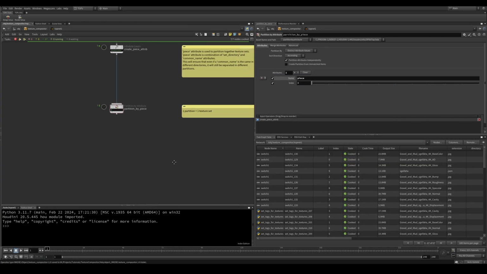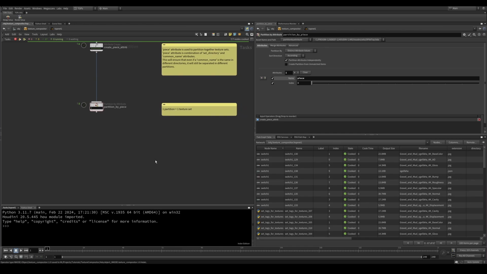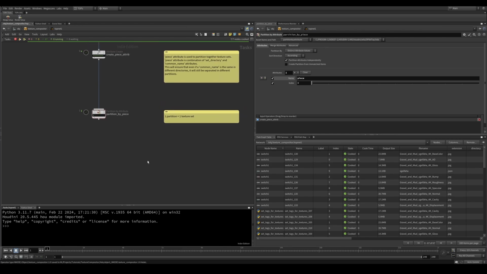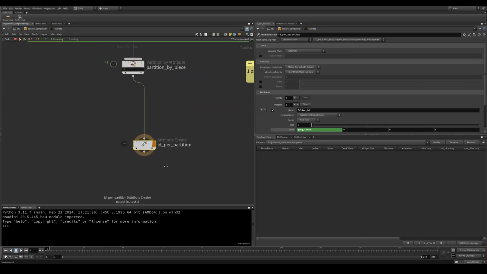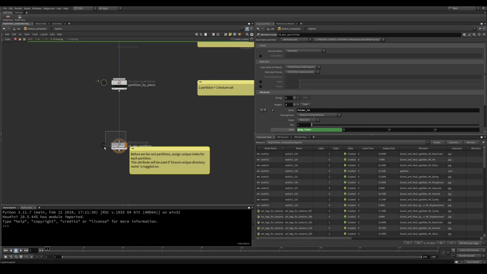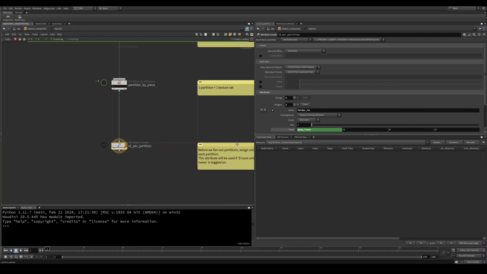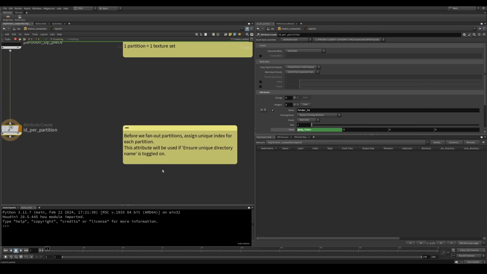Before we go ahead and create new work items for every texture that we're going to render out, I want to create a new attribute that's going to be used in one specific case. So I'm going to call this a folder ID attribute. So before we fan out our partition, assign a unique index for each partition. This attribute will be used if ensure unique directory name is toggled on. So to explain this,